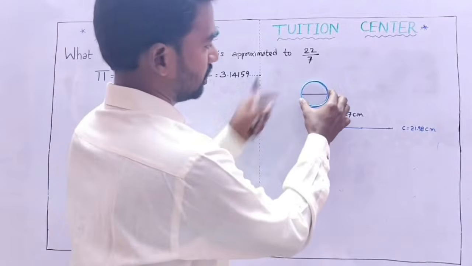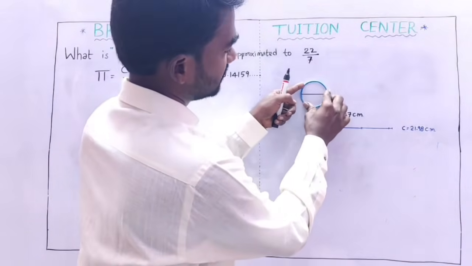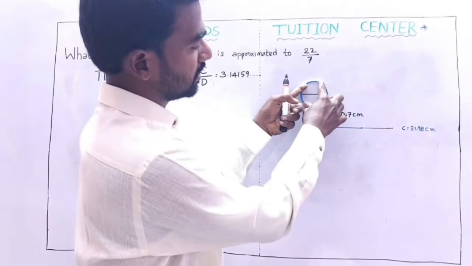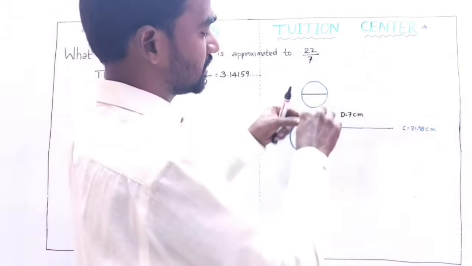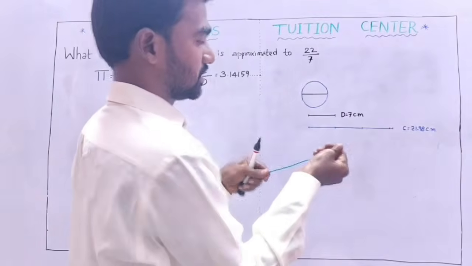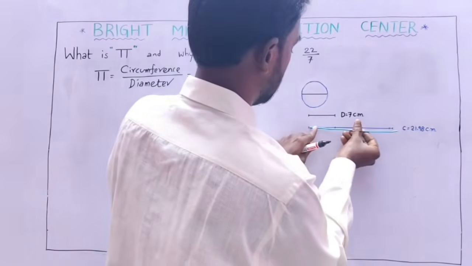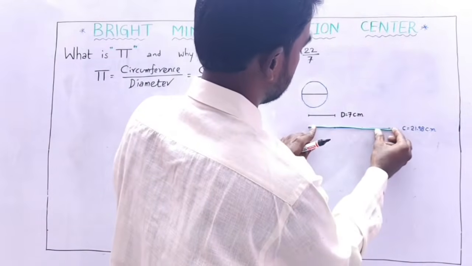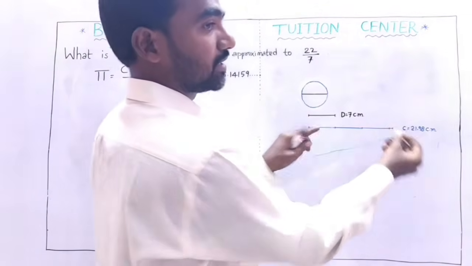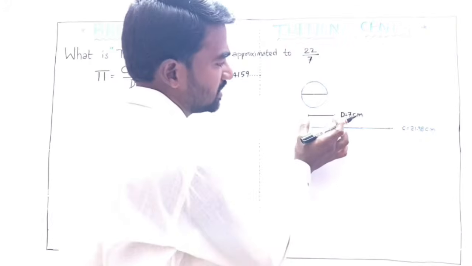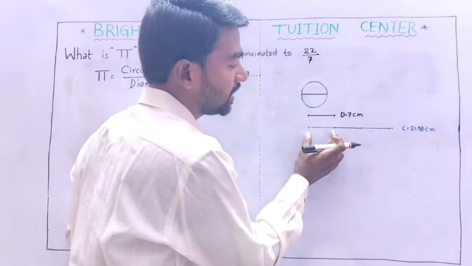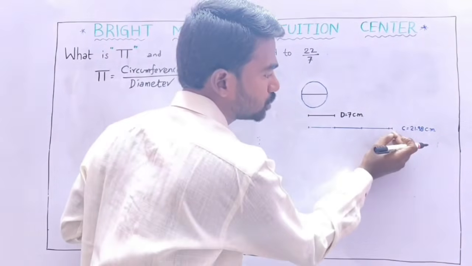Let us take this to measure the circumference of a circle. Here, this is the circumference of the circle, and if we expand this circumference to a linear scale, what length are we getting? We'll see. This is equal to 21.98 centimeters. That is, if the diameter is 7 centimeters, the circumference is 3 times the diameter and